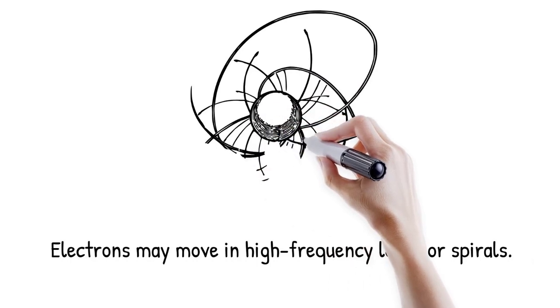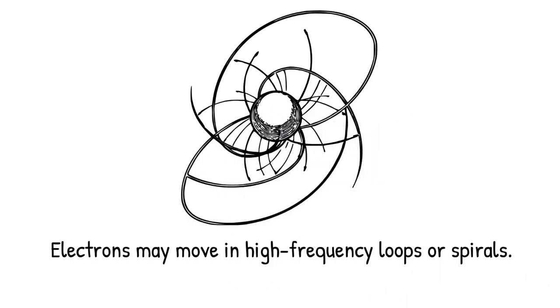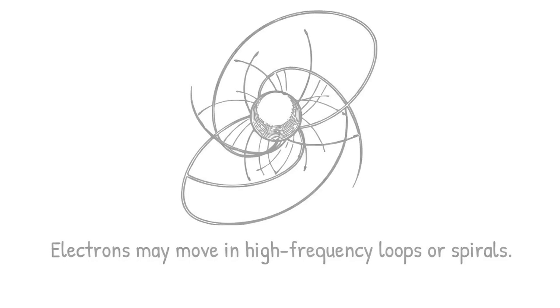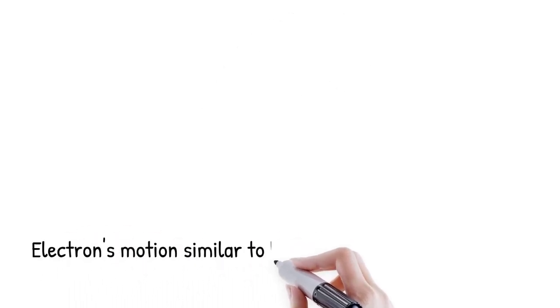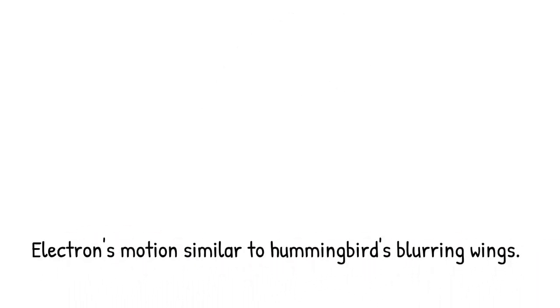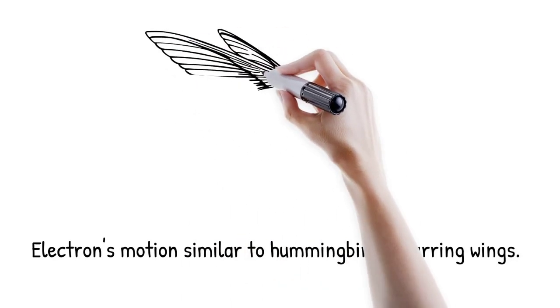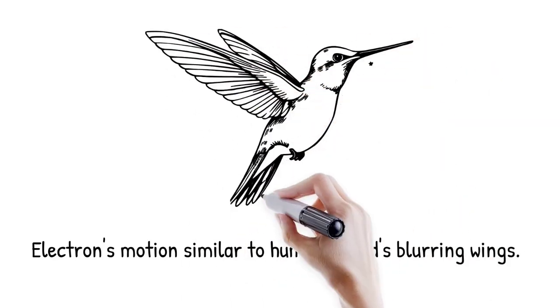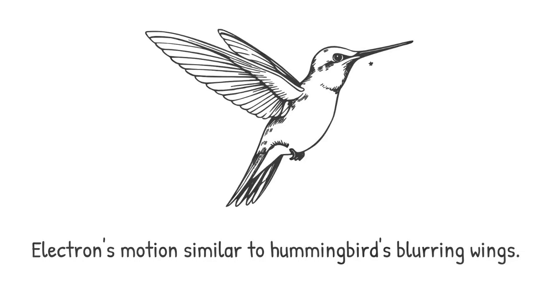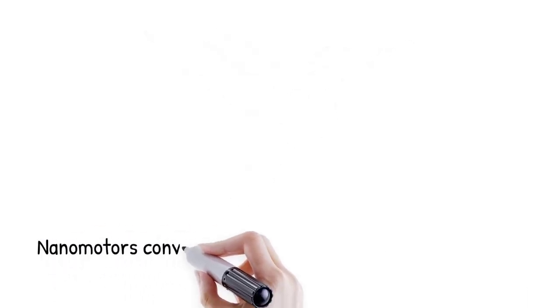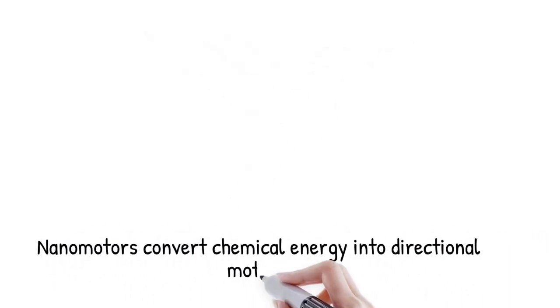The Dirac equation predicts a trembling motion of electrons at nearly the speed of light, even in a vacuum, pointing to non-classical internal structure. Like a hummingbird's wings that blur into invisibility while hovering, the electron's rapid internal motion may generate observable quantum effects. Catalytic nanomotors operate by converting chemical energy into mechanical motion using surface reactions and field gradients.